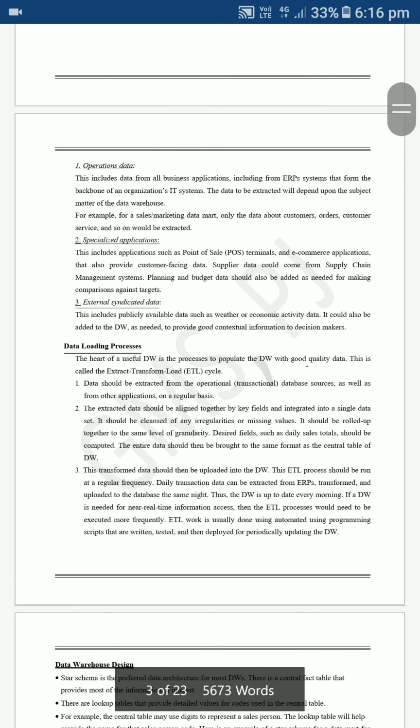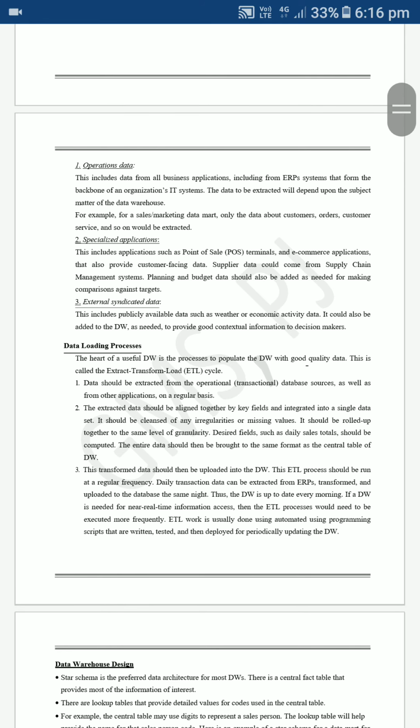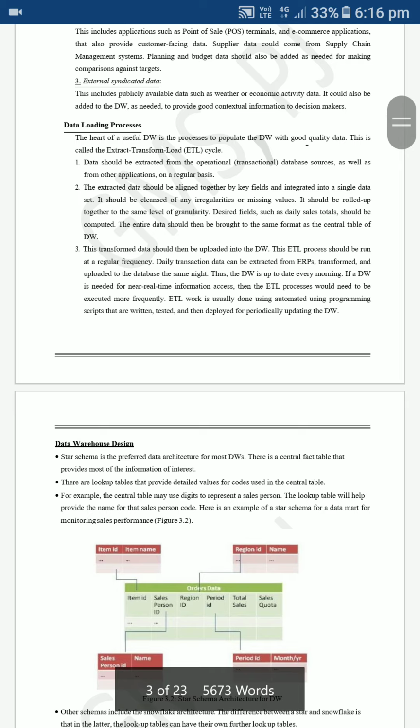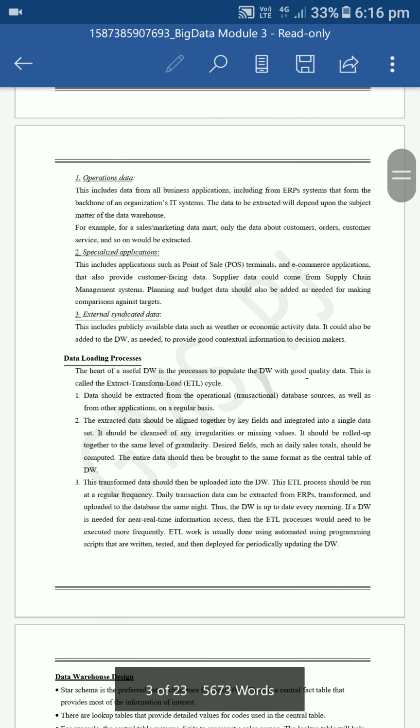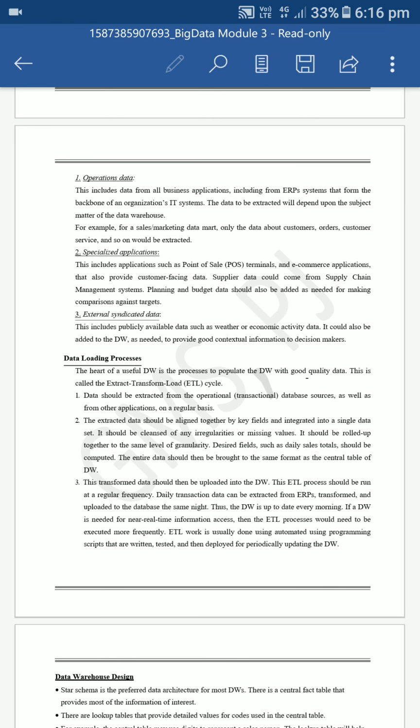Next one is the data source. In a data source, we are using the operational data and specialized applications. The data source will be created in the structure of the data source.